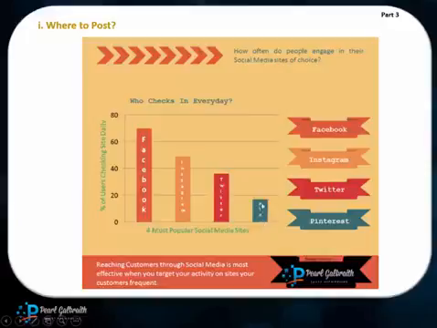Twitter, checking in around 35% daily. Pinterest has a lower check-in rate daily. It's because most people who use Pinterest batch their time. They don't necessarily check in daily, but when they do check in, they might check in for hours at a time. So just some more information as you are analyzing where you should be spending the majority of your time.